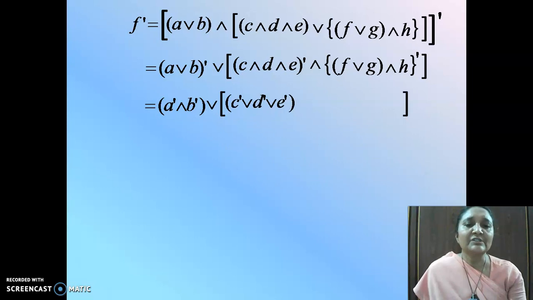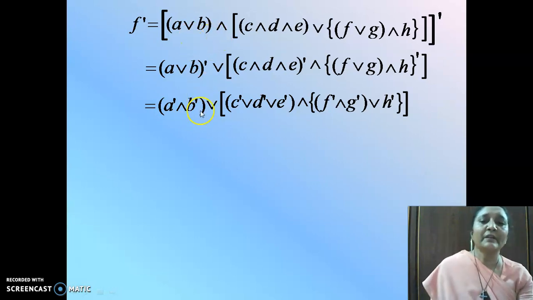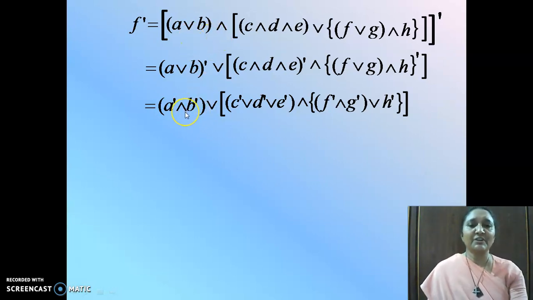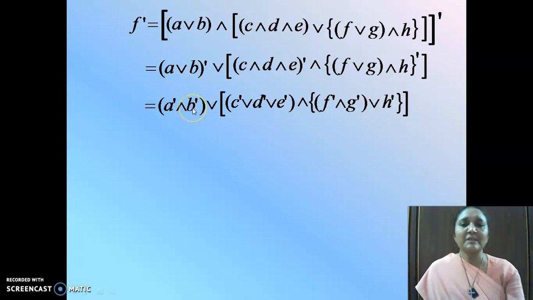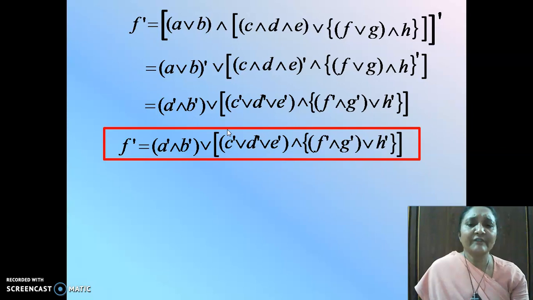And we have this. So this is nothing but a complementation function in which we can see if the function f has the closed state, then the complementation is open, and if your function is open, then it is closed in the complementation. That is, join becomes meet and meet becomes join. So we have the function f dash of this form.